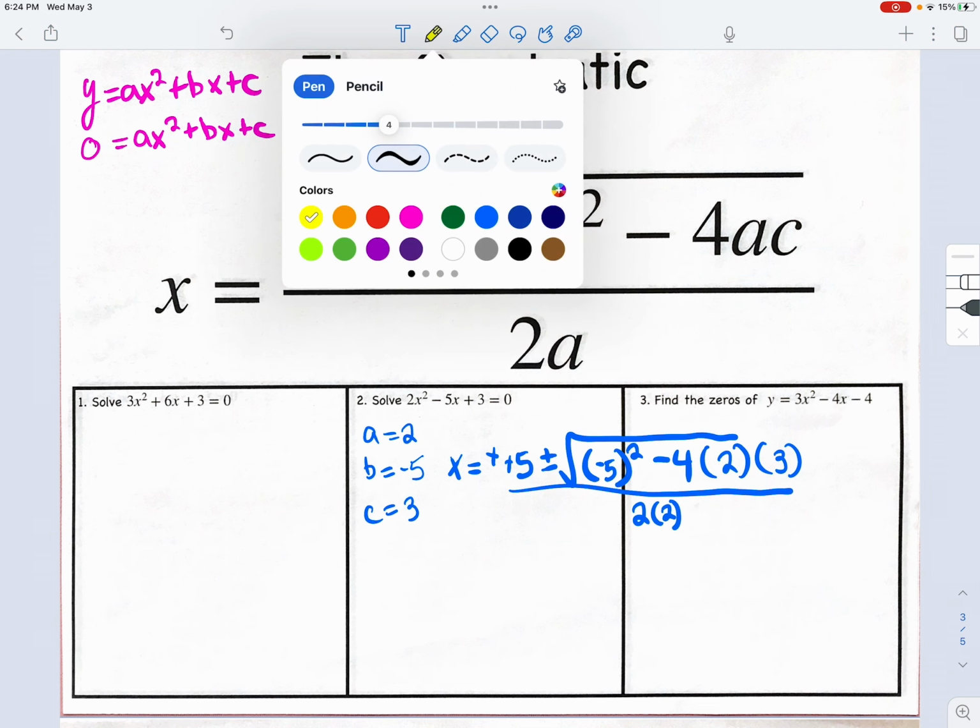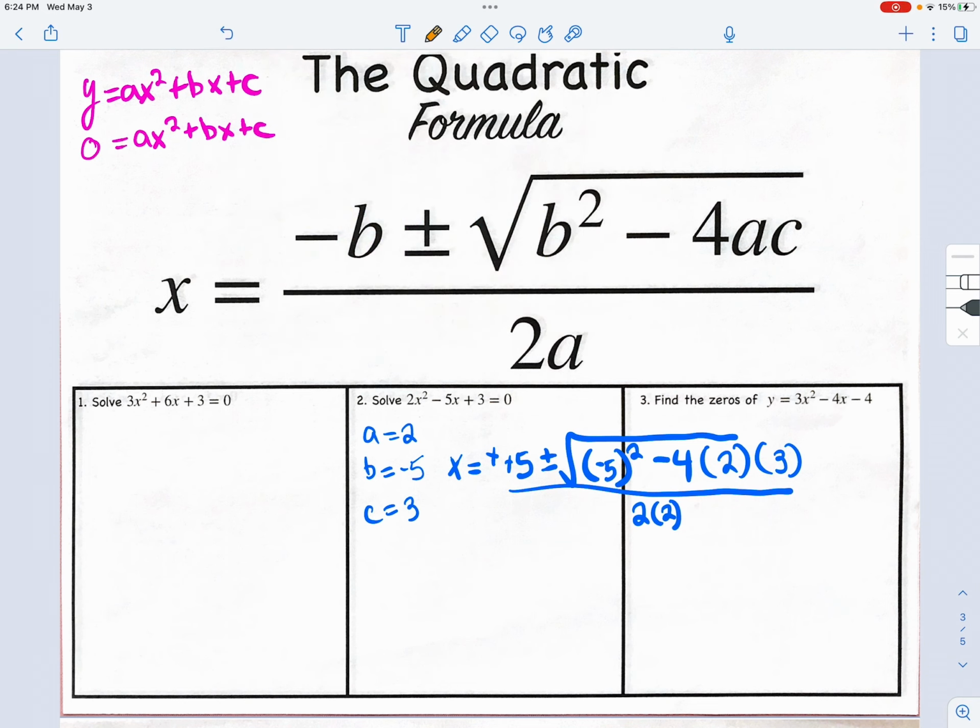From here, what you're going to do is grab your calculator, and it's not complicated. All you're doing is plugging this in exactly the way that you see it, and then hit enter. Feel free to press pause. I'm going to continue going. So when you simplify this, this becomes